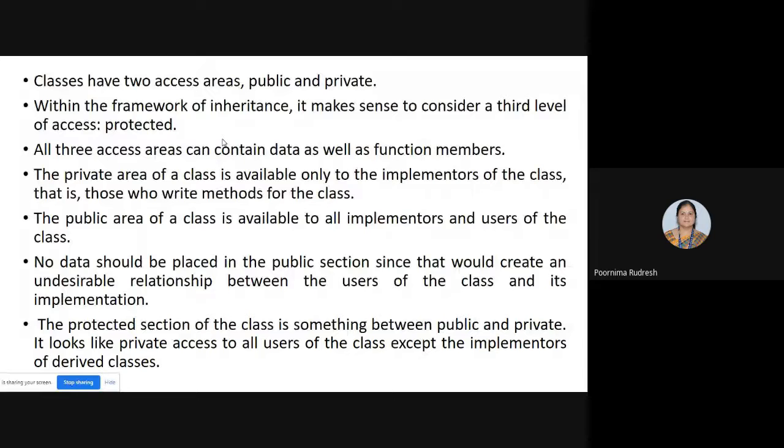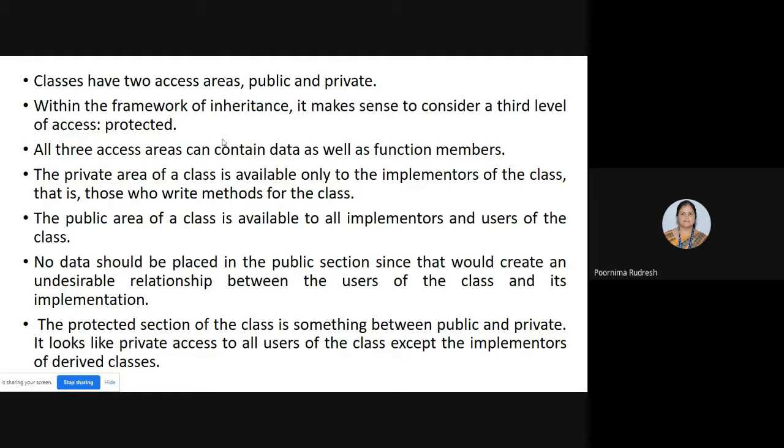Let us consider class 1: if a private area is declared, then only the implementers of class 1 can use that private area.